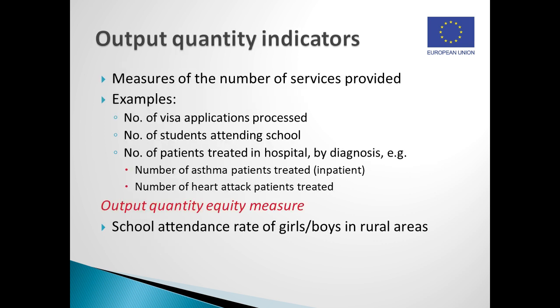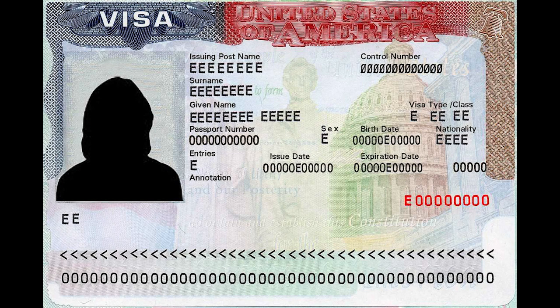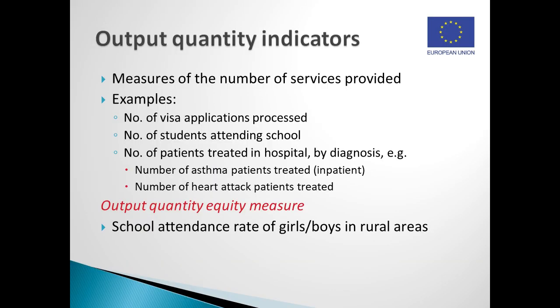Let's start with output quantity indicators. These are measures of the number or volume of services provided to clients. For example, one of the important outputs delivered by the Ministry for Foreign Affairs is the issuing of visas. So an important output quantity indicator here would be a measure of the number of visa applications processed by the ministry during the year. In a schooling context, output quantity is measured by the number of students who attend school